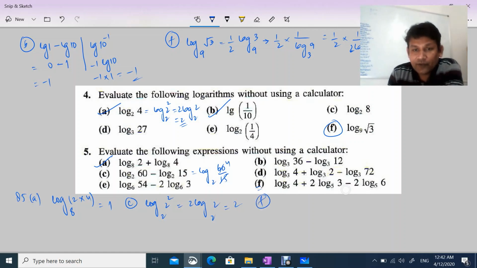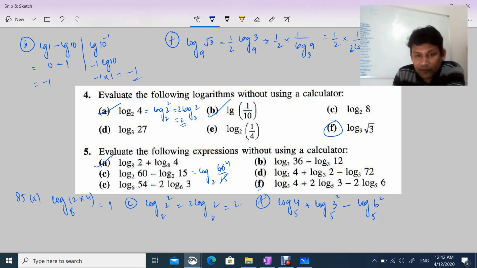This is very important. You have to remove the coefficient first, so this 2 will become the power of 3. Log base 5 of 3 power 2 minus log base 5 of 6 power 2. The plus is multiply, and the minus will divide, because for a single logarithm I write log base 5 of 4 into 3 square, which is 9, so 4 into 9 divided by 6 square, which is 36. After simplification,